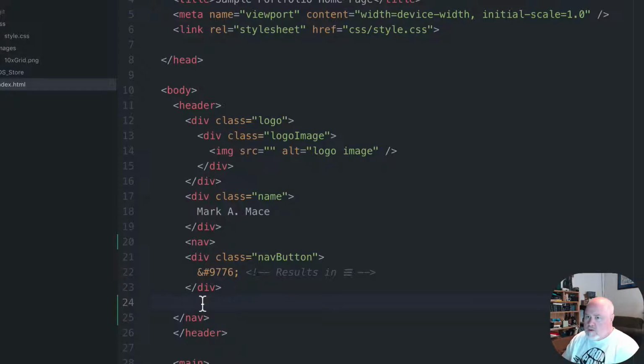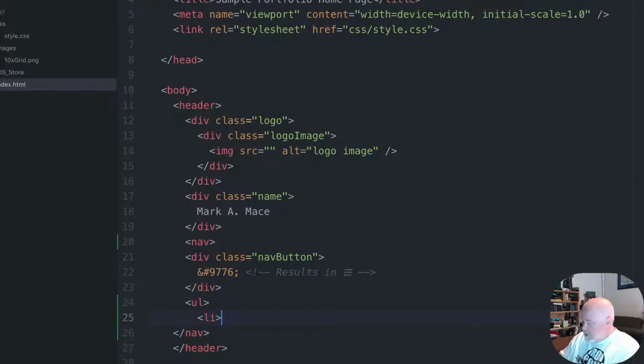I'm going to use an unordered list for the navigation. You see a lot of that when you look at examples for navigation and menus. You see that a lot of people use unordered list. It just allows for an easy manipulation of the content and also spacing around the menu items themselves. So we'll do a UL